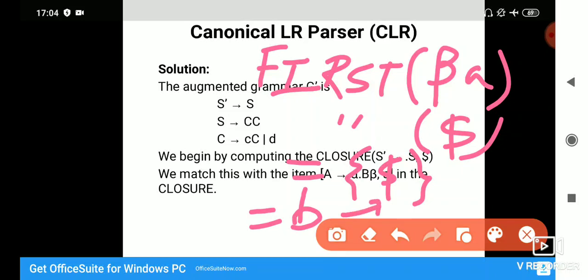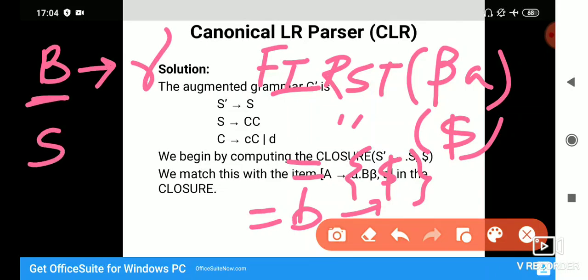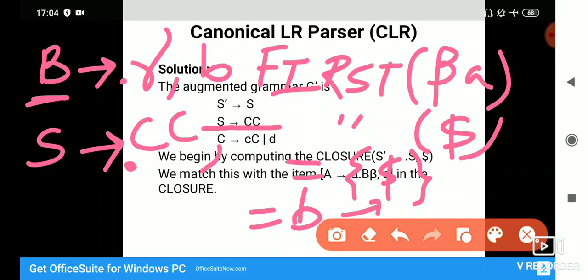Okay. So what you have to do is include productions of the form B to gamma. Now in our case, B is S. The production that we have is S to CC in our example. So we have to include an item of the form B to dot gamma. We do S to dot CC comma b. b in our case is dollar, as you can see over here.